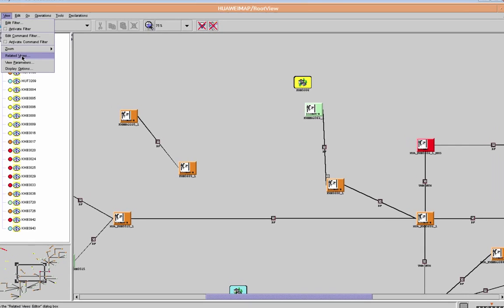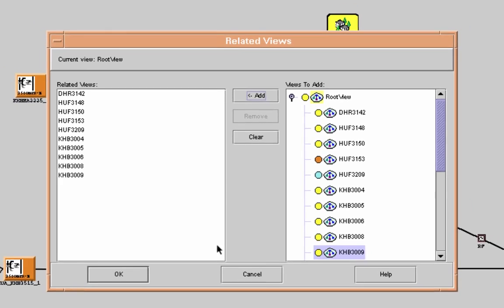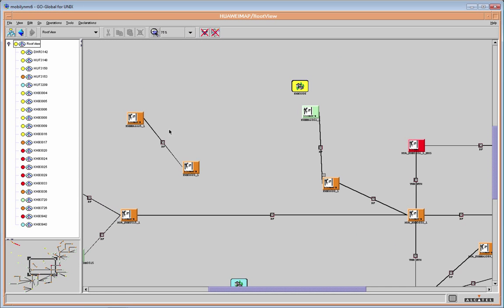We select the relate view and individually select each of the views that we need to relate to the root view, like this. You click the add button, click the add button, and click OK. So now what it means basically is by the time you click on go related view, you